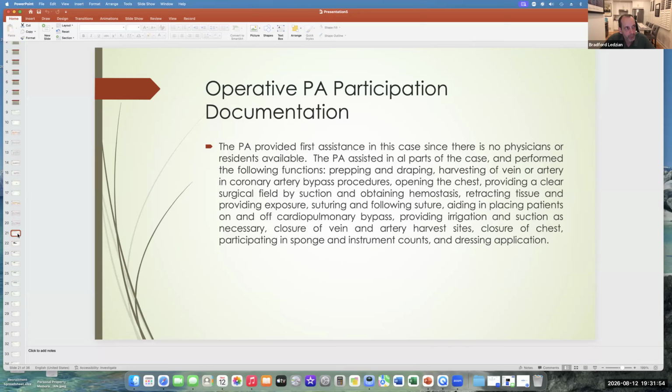So the assistant fee is something like 15% of the surgeon's fee, and a PA can bill for 85% of what an MD assistant would bill for. So it works out that we can take home something like 13.6% of an operative fee. If you have an operation that's $10,000, that's $1,360 that you just made for participating in the operation. And if you're doing 500 cases a year, that's quite a bit of money, probably more than your salary, right?